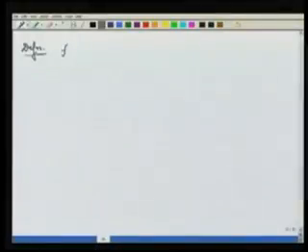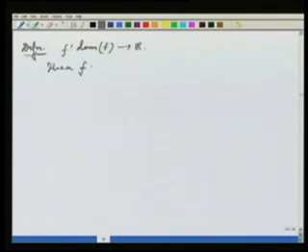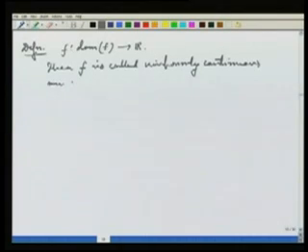So in the previous example, it seems that if I give you an epsilon, then the delta which you are going to get, it depends on epsilon as well as the point x naught. Uniform continuity means that this does not happen. That means delta can be chosen independent of x. So the precise definition is as follows. Suppose I have a function f from domain of f, that is a subset of real line, to R. Then f is called uniformly continuous on domain of f